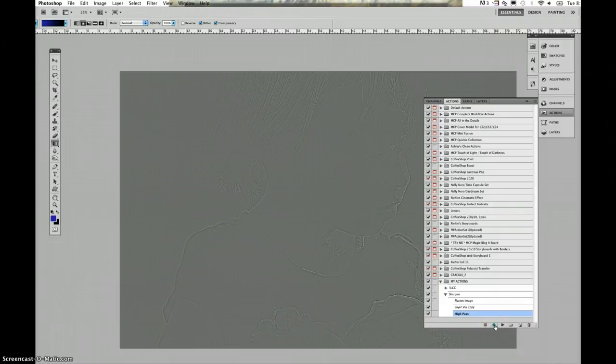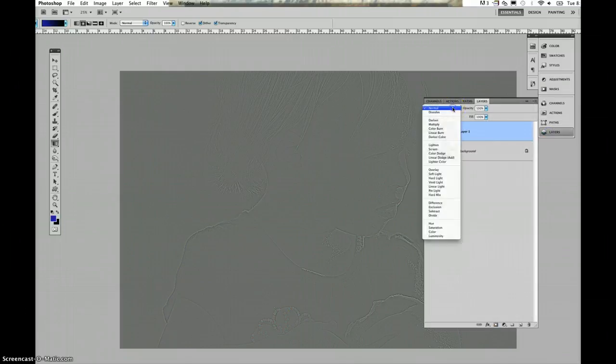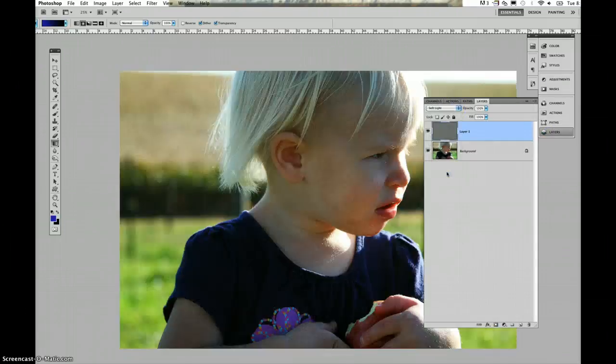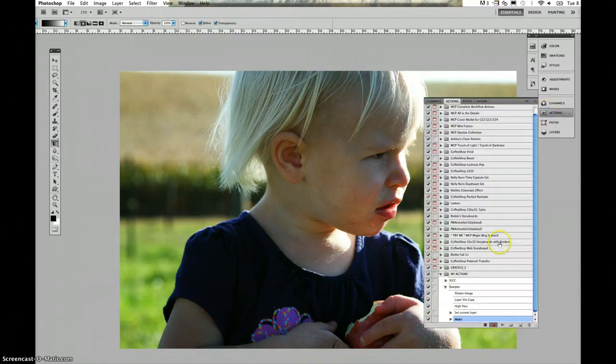and hit record again. Okay, and now we're going to go into layers and we're going to change this layer option to soft light. And we are also going to create a layer mask with that right here. So now we can paint in anything that we need. If you desire more sharpening, you can change this to hard light or overlay. So if we go up here and you look, you could change that to hard light or overlay, but we're not going to. This is the end of our action, so we can just press stop,